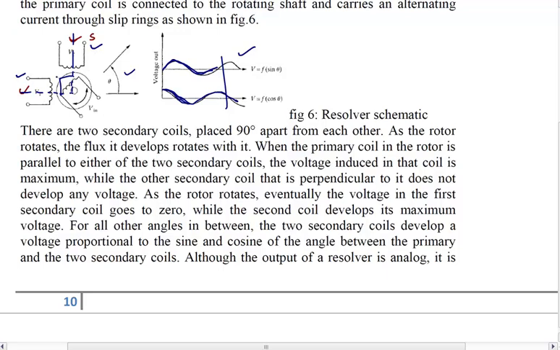Suppose the direction of rotation is clockwise, that means this is rotating in this direction. Whenever there is the high position of V1, at that time it will be 0 volt for the second waveform. Which is the second waveform? The second waveform is for V2. So V2 will be 0 at that point. I will better draw it a little bit more clearly.